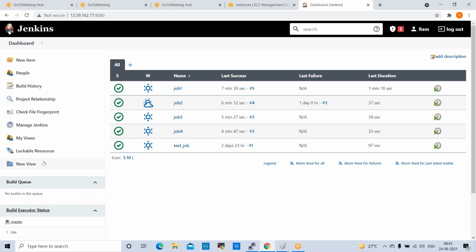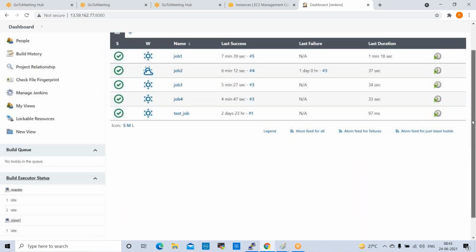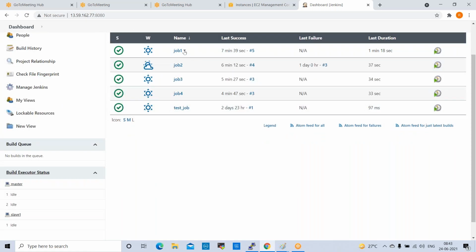So one more time we can run this pipeline job. What about the build environment and post build actions? Where do you find that in the job configure?